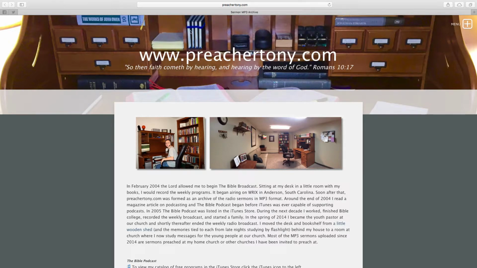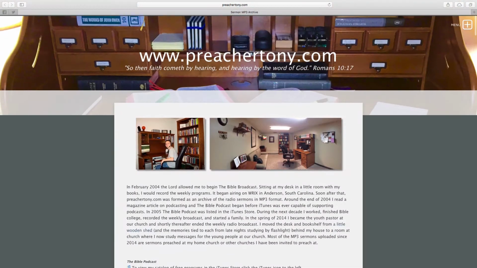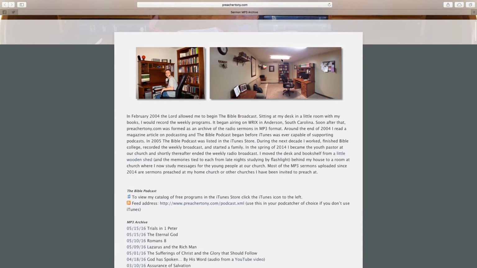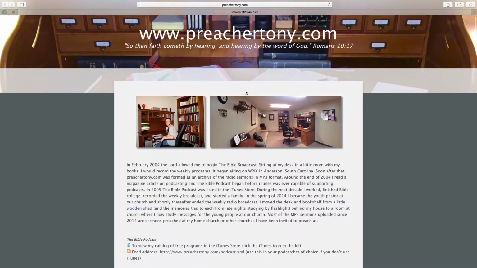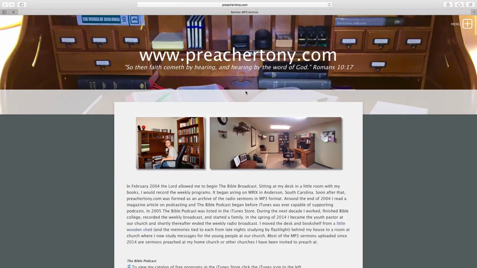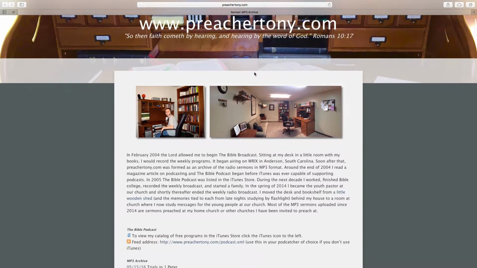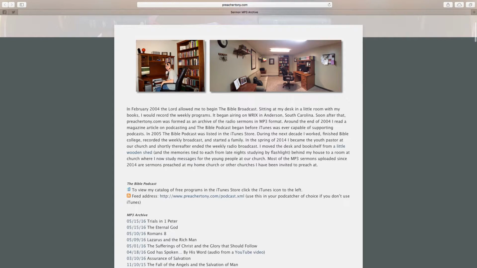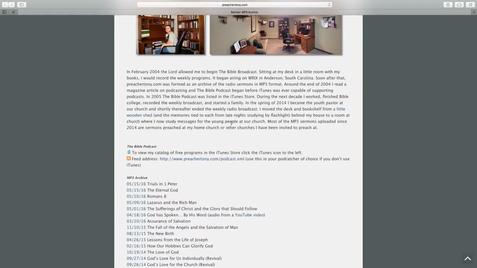I don't know if on the video you can see the mouse moving or not, but up here towards the top of the screen, it's just a little picture of my desk that I have at home. Scroll on down, and it's a pretty neat effect, the new software, as it scrolls. I'm not sure what the technical term for that is, but it fades away, so to speak. Picture of me a long time ago at my little setup at home, and then a picture of about a decade or so later. An overview of the radio program, which ended up turning into a podcast,